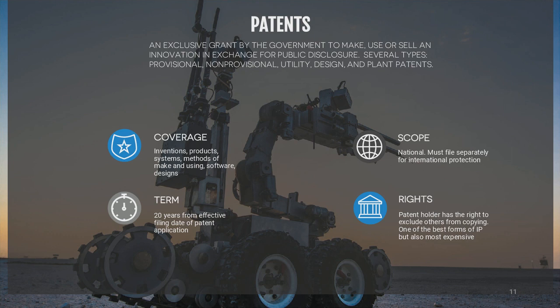Patent coverage is national in scope, so if you want protection in different countries, you have to file a patent in all those different countries. Now, there's an international patent consortium. We're not going to talk about that in depth today, where you can actually file patents in a group of countries all at once. But again, that's too advanced for this purpose, but just know that that's part of the arsenal that you have. There are different varieties, like we mentioned: utility, design, plant patents. Utility is going to be the most important for you.